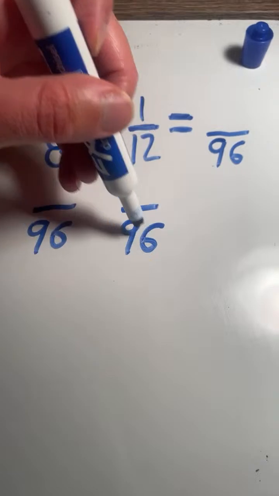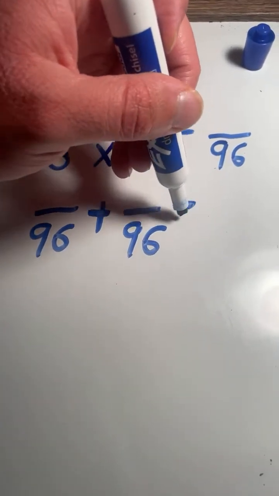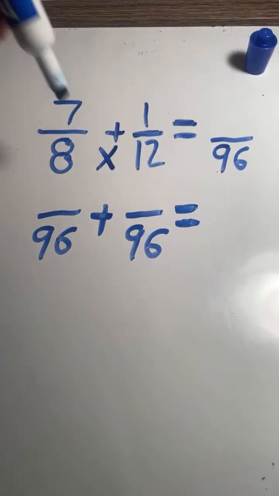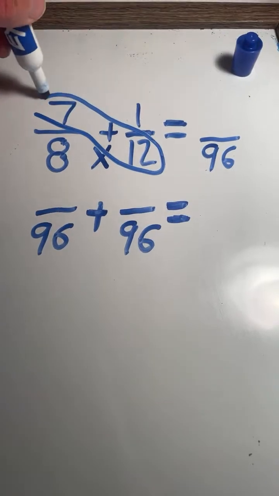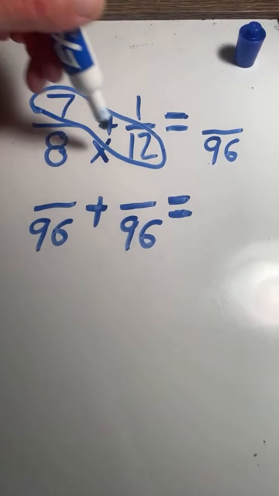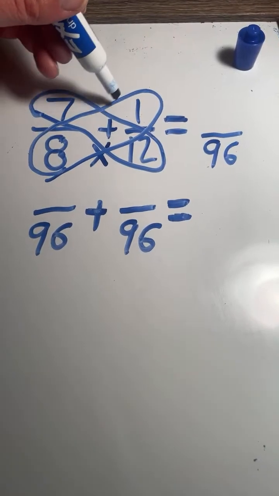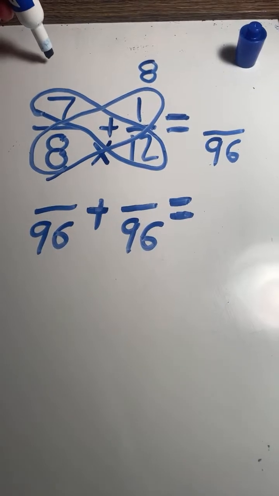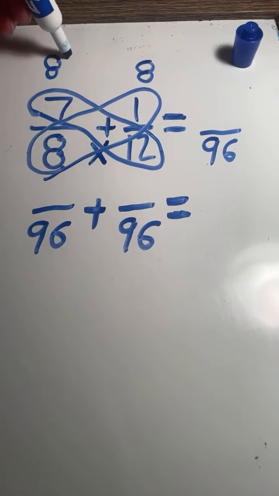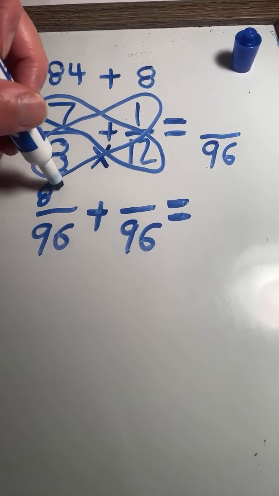In the last problem, I didn't write out what the fractions would be converted to. I think I'm going to alternate writing out the new fractions and not writing out the new fractions. But here we go. So we multiply our numerator times the opposite denominator. 1 times 8 equals 8. 7 times 12 equals 84. So we have 84/96